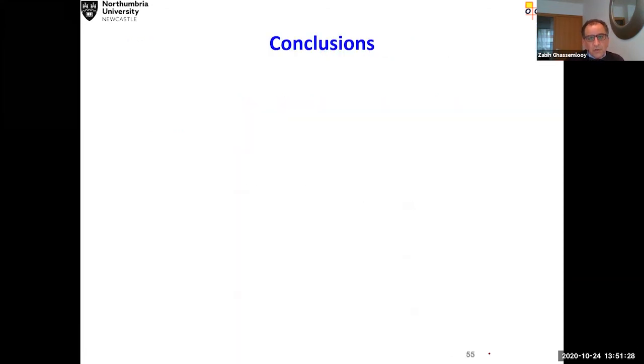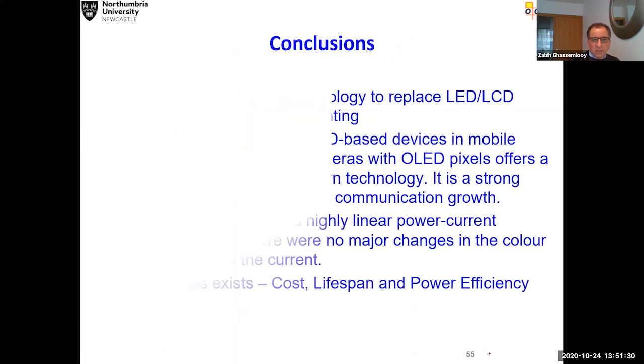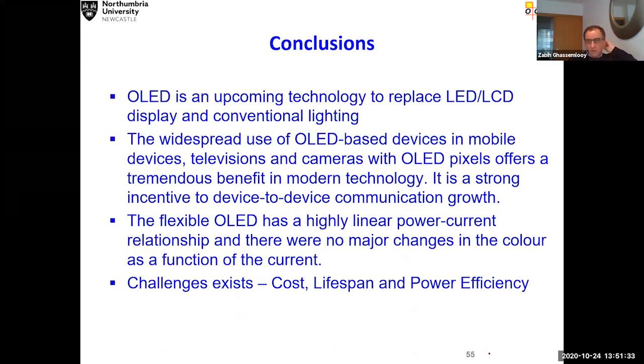So this is my conclusion. This slide is the future. It will replace a lot of lighting in indoor environments, especially in big places. Since we know that any lighting based on semiconductor devices can be used to transmit data, and since we can have detectors based on this, they can be used as receivers. So we need to watch out for these OLEDs and exploit their full potential.